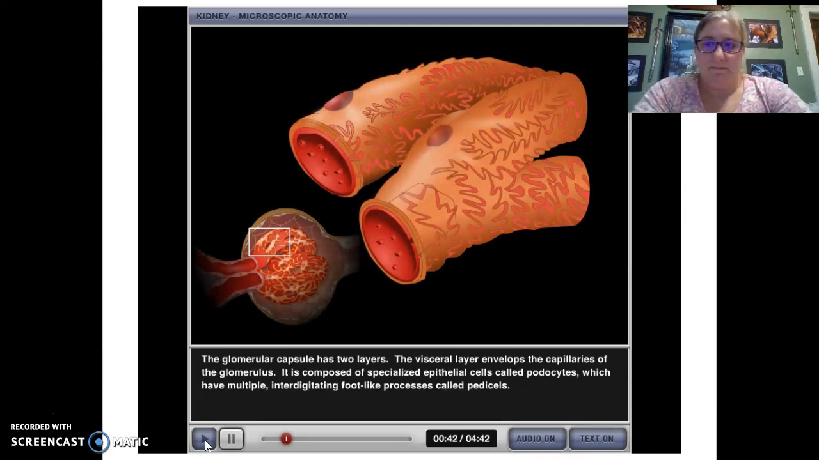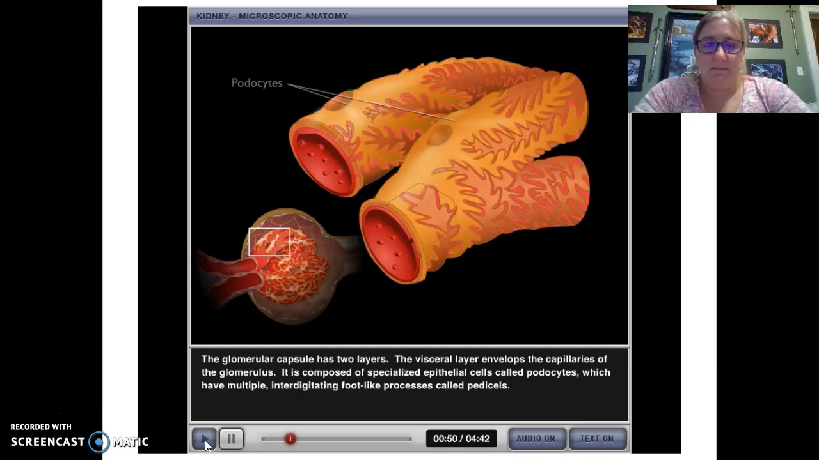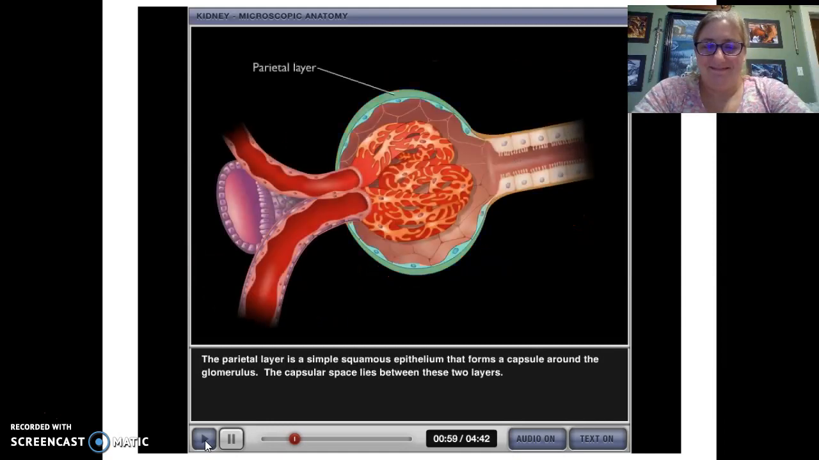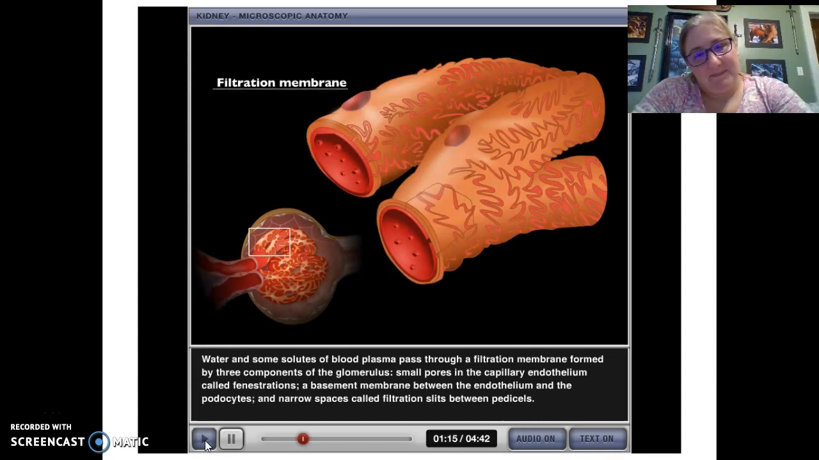The glomerular capsule has two layers. The visceral layer invests the glomerulus. It is composed of specialized epithelial cells called podocytes, which have multiple foot-like processes called pedicels. The parietal layer is a thin simple epithelium that forms a capsule around the glomerulus. The capsular space is placed right between these two layers. Water and small solutes are passed through a filtration membrane formed by three components of the glomerulus. Small pores in the capillary endothelium called fenestrations